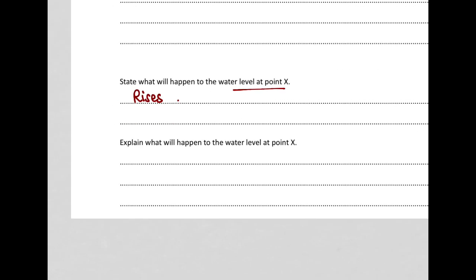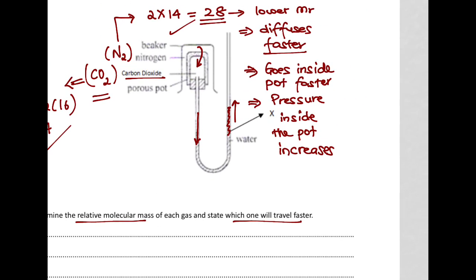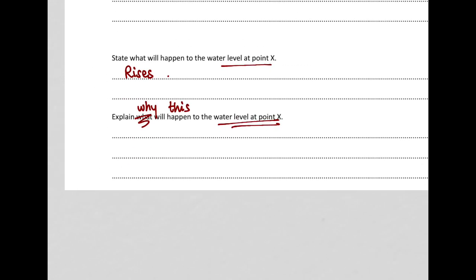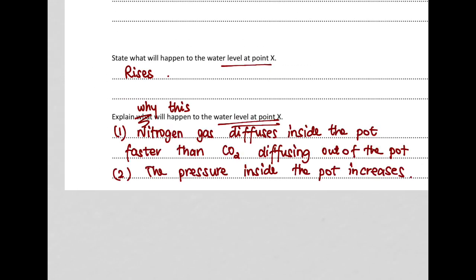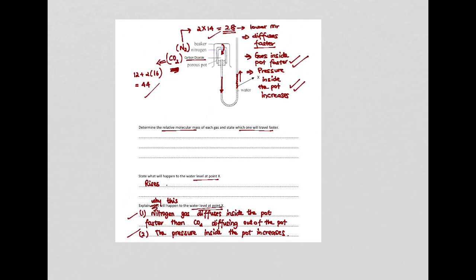Explain what will happen. Actually, this question should be modified: explain why this will happen at point X. This is because nitrogen diffuses inside the pot faster than carbon dioxide going out. Therefore, the pressure inside the pot increases. Voila, that would be the answer. So these are the two elements of the answer. You will complete this,